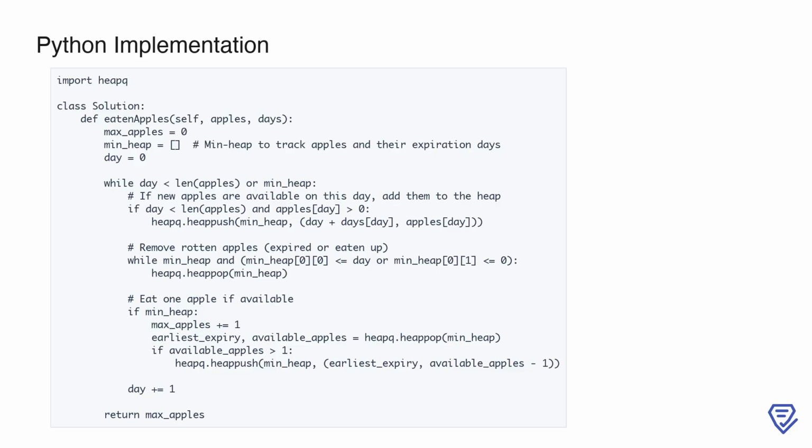This solution to LeetCode problem number 1705, Maximum Number of Eaten Apples, is designed to efficiently track available apples and their expiration days using a min-heap priority queue. The goal is to maximize the apples eaten, ensuring that no more than one apple is consumed per day and expired apples are discarded. We start by importing heapq to use Python's heap implementation. The eatenApples function initializes max_apples to count eaten apples, and min_heap to store tuples of expiration day and available apples,